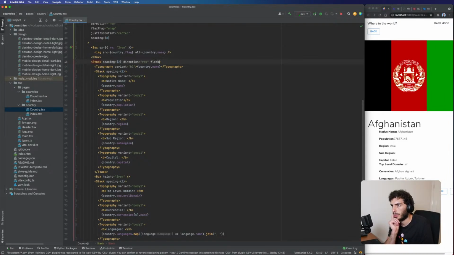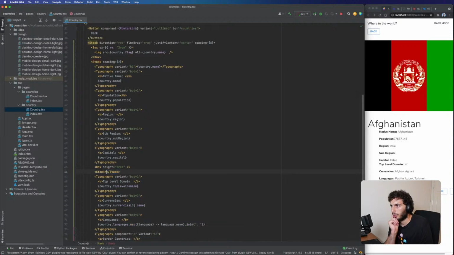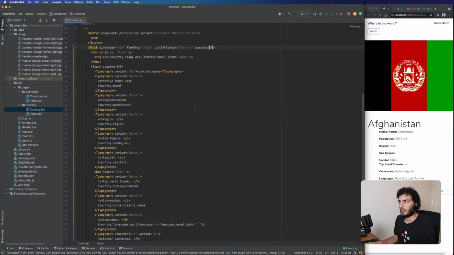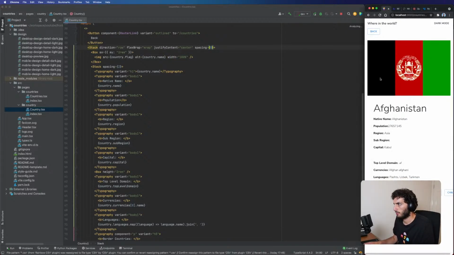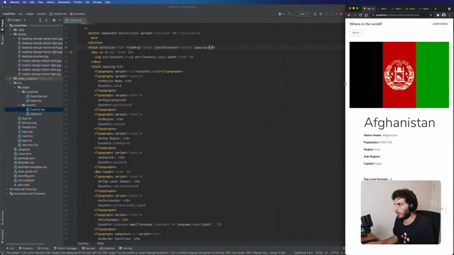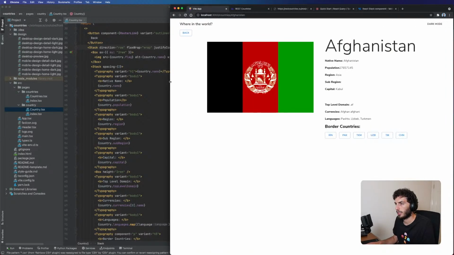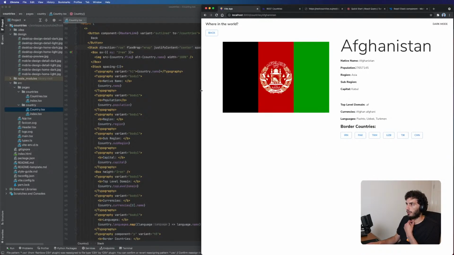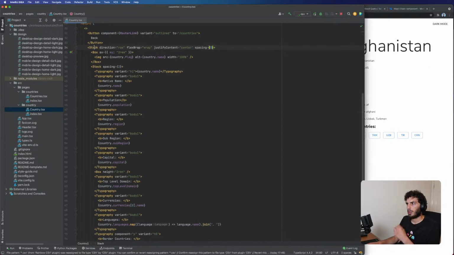Try to think which way I want to do it best. Let me undo a few of these things. Let's jump back to this. I think the safer way for this one is to... So we got the wrap, but the problem with the wrap is obviously you don't have control. So I'm gonna go for a grid for now. And at least with the grid, we'll have a bit more